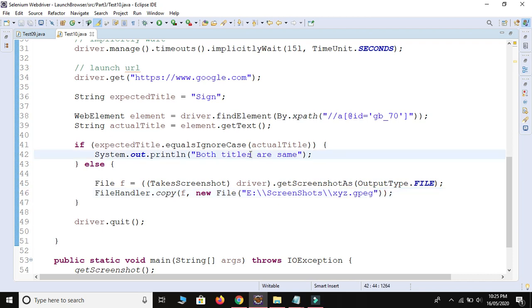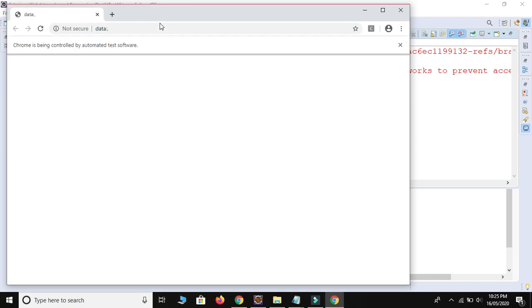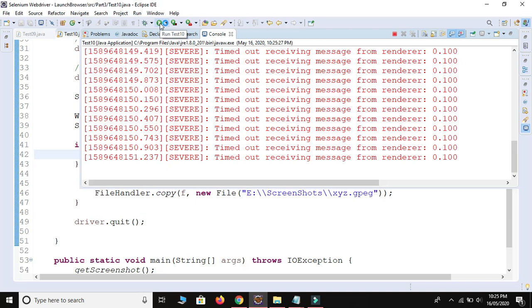So let me run. It will take the screenshot with the xyz name, and type of file should be jpeg. Let's see what it will return. Okay, closed.